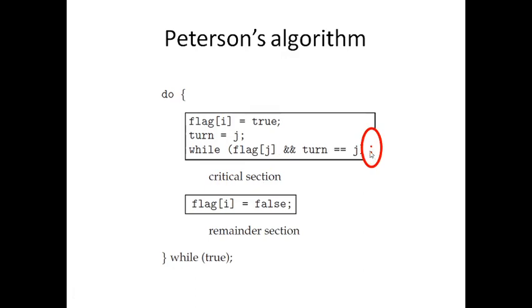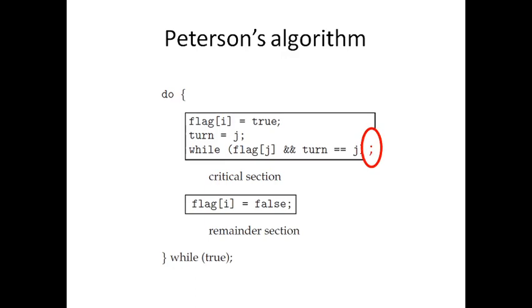There is a semicolon put at the end of this while loop. You know the meaning of it. Whenever there is a semicolon at the while loop, as long as the condition is true, the loop will keep executing continuously. So it's like waiting. The process is kept waiting without proceeding into the critical section. In other words, the process will have a chance to enter the critical section only if the condition is evaluated to false. But as long as the condition is true, it's not going to be allowed into the critical section.